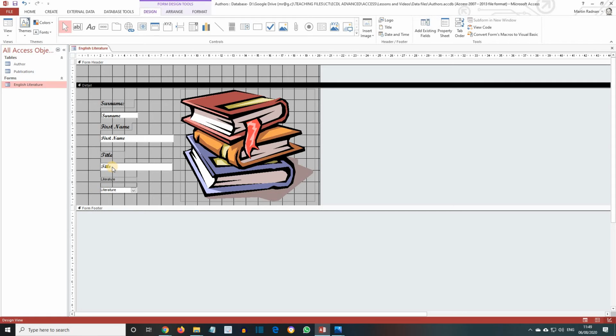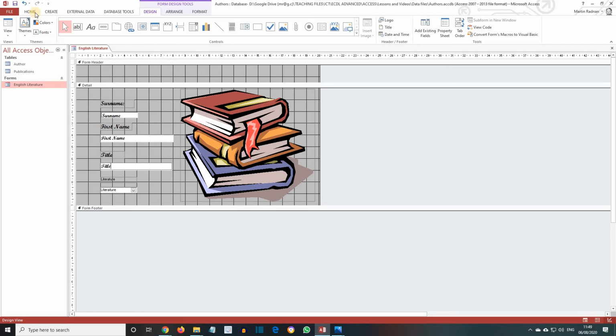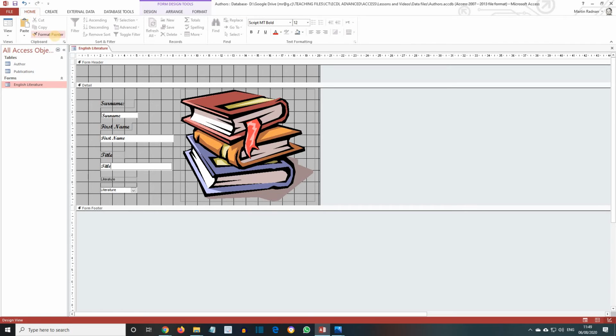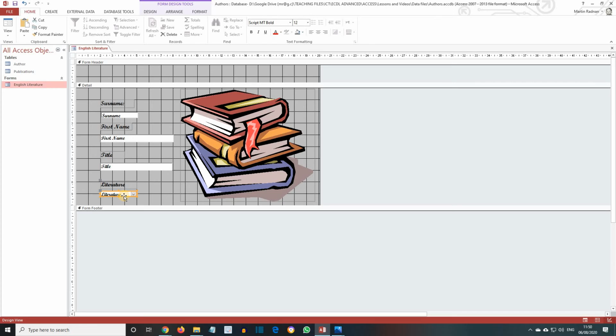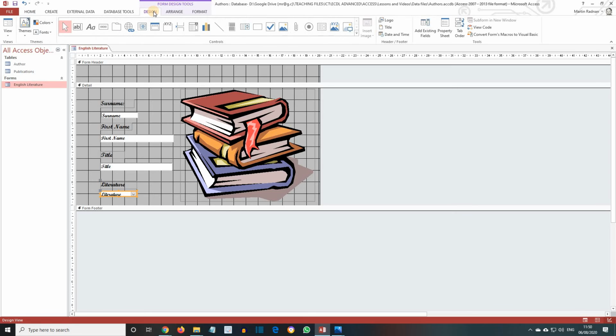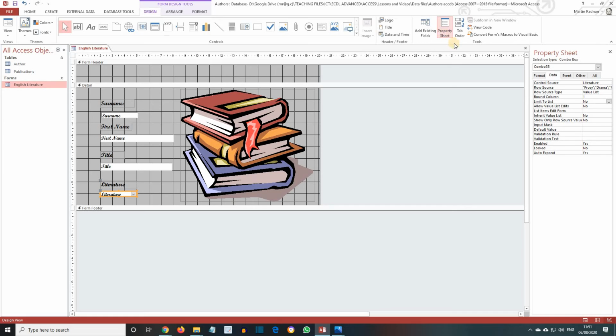So select one of the other fields, Home, Format Painter, and click inside the literature combo box. There has been a spelling mistake in the combo box. To change values in a combo box, select the combo box and view its property sheet. Design, Property Sheet. Select the Data tab